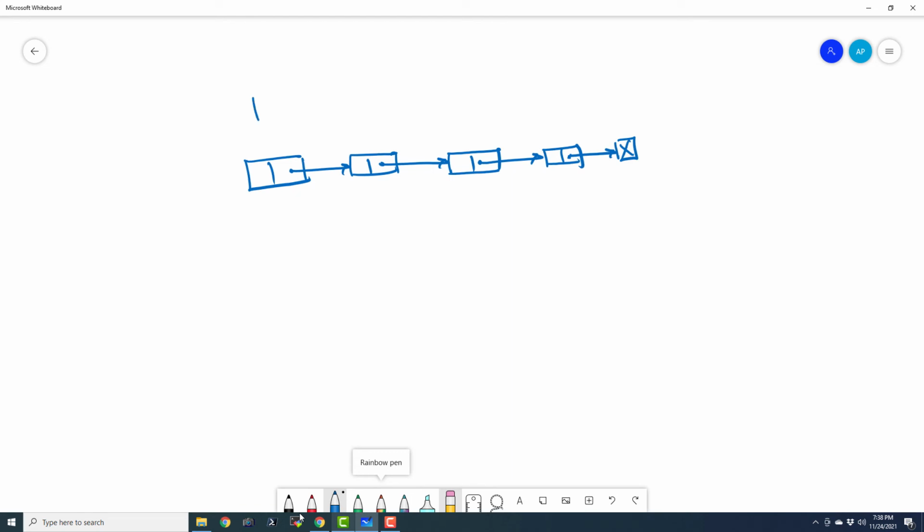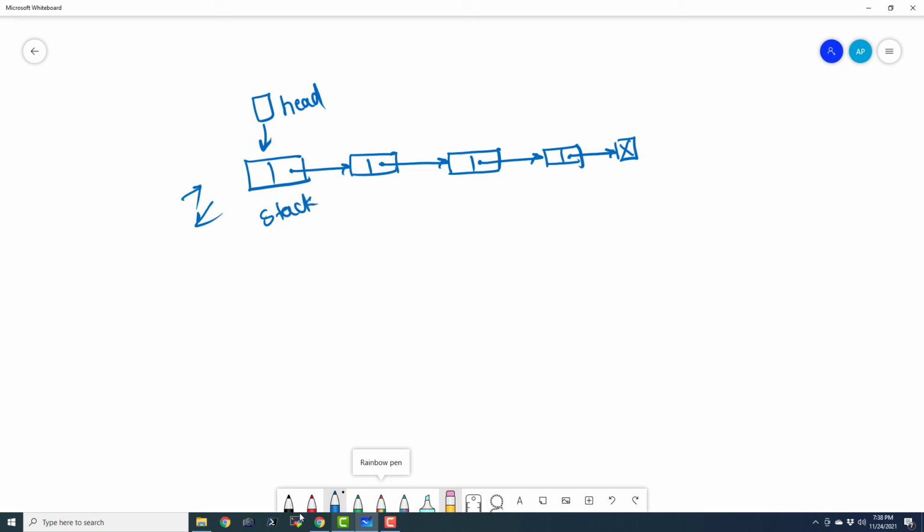And this is the head node that is pointing to the first node. Now we actually define only a few operations on this linked list in such a way that we can only add the data from this side and we can remove any node only from this side. Then it becomes a stack.